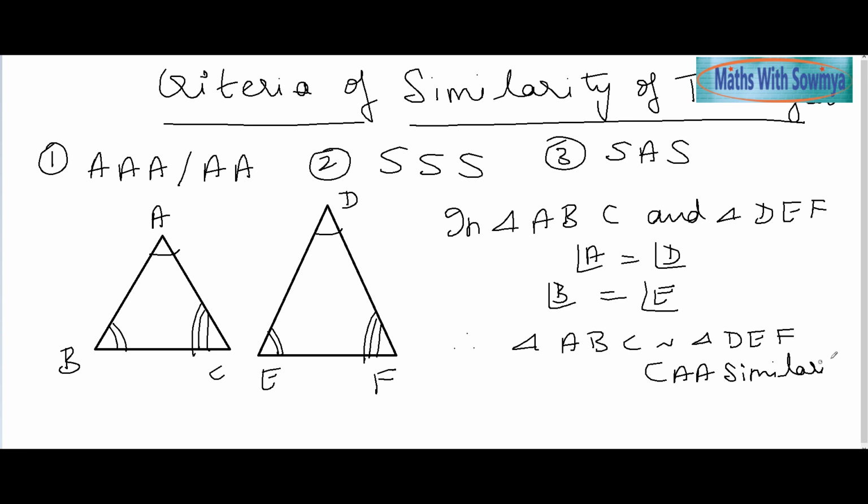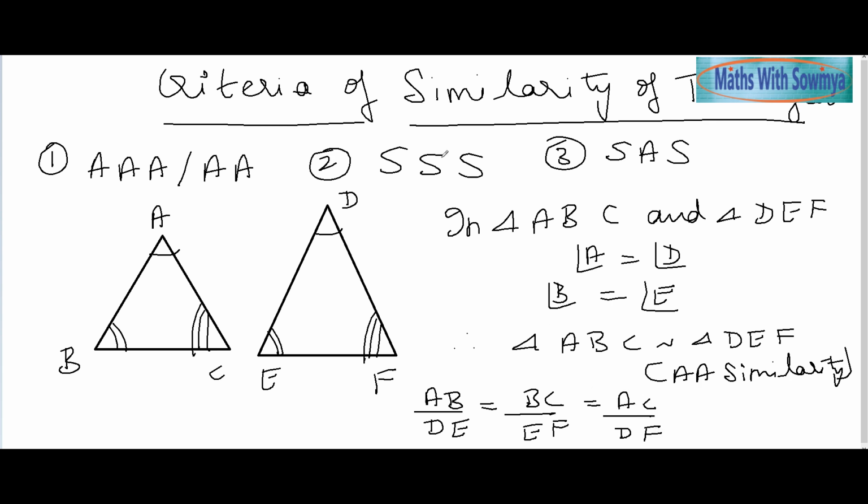So, if two triangles are similar, their corresponding sides are proportional. That means AB by DE will be equal to BC by EF, which is also equal to AC by